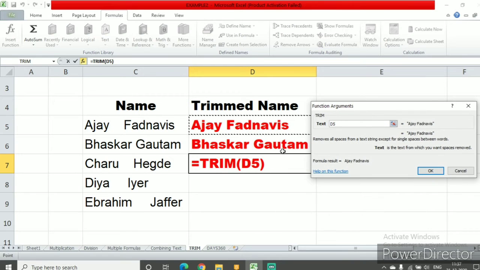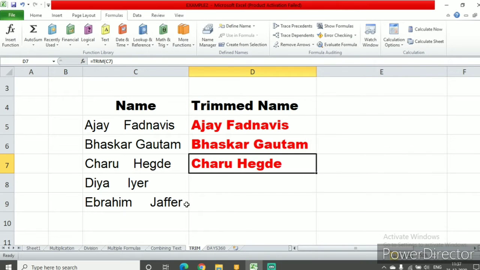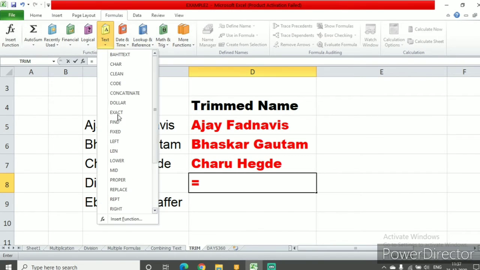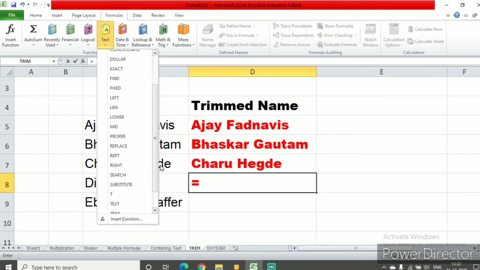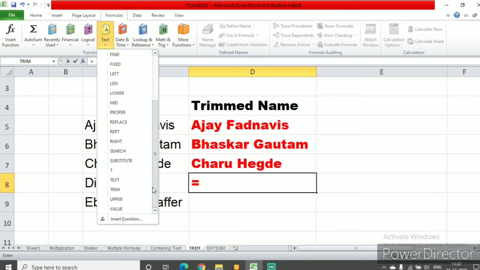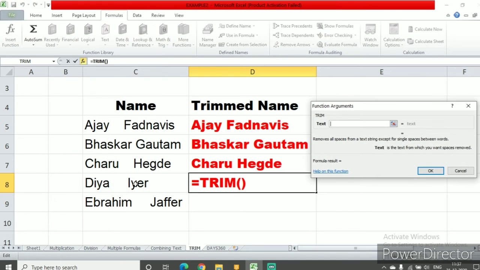Press the cell address, say OK. You can say equals to, then go to the Text, select TRIM, click here, enter.